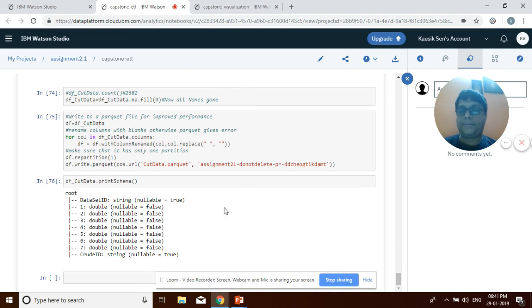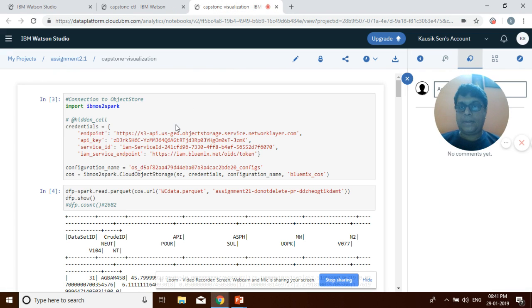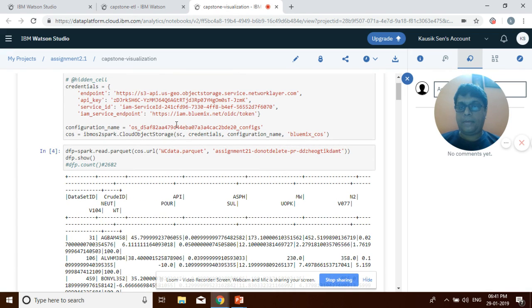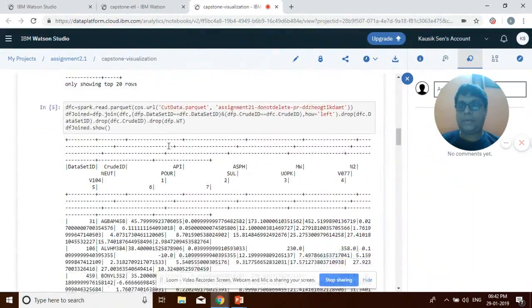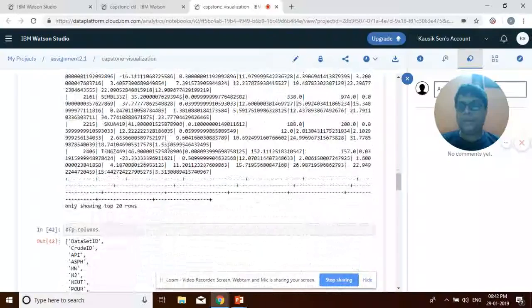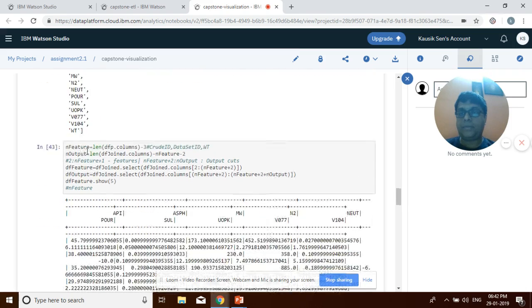So that was it. And now let us come back to the presentation. So then in the visualization part, we read the data back from the Parquet table. First of all, we wanted to find, these are the different columns,